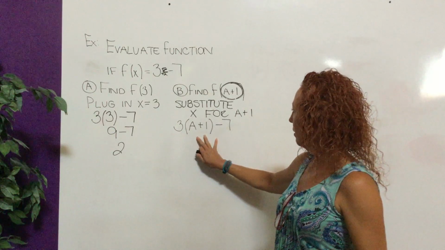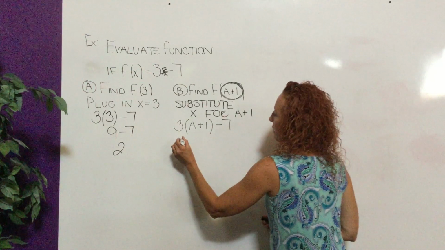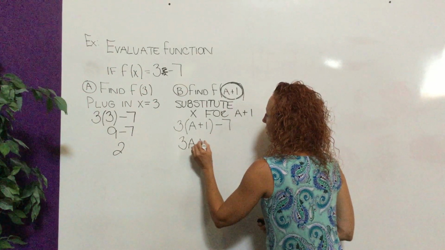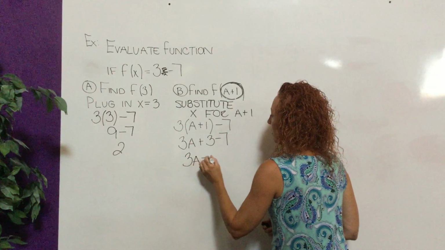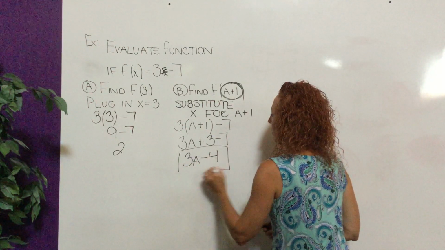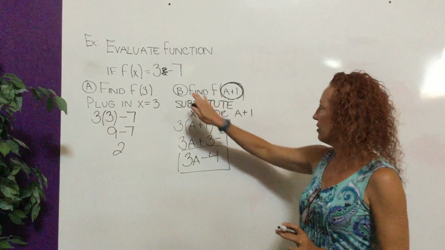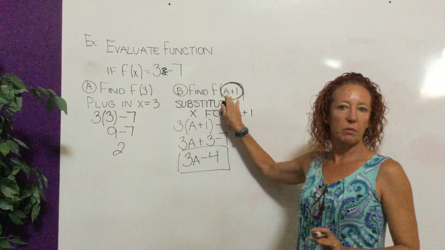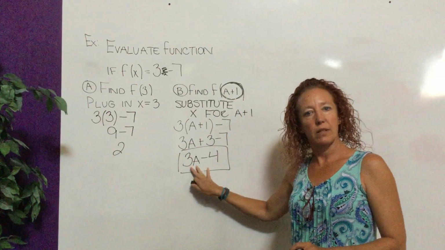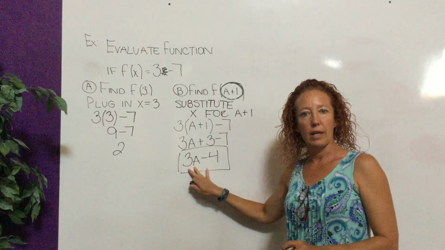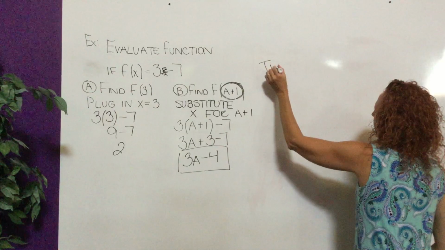So here, you can distribute that 3, and then you are going to have some like terms to put together. And so you just leave it like that. Because you substituted a variable with an expression with a variable, you would expect that there would still be a variable in your answer. So if you want to try one like this,